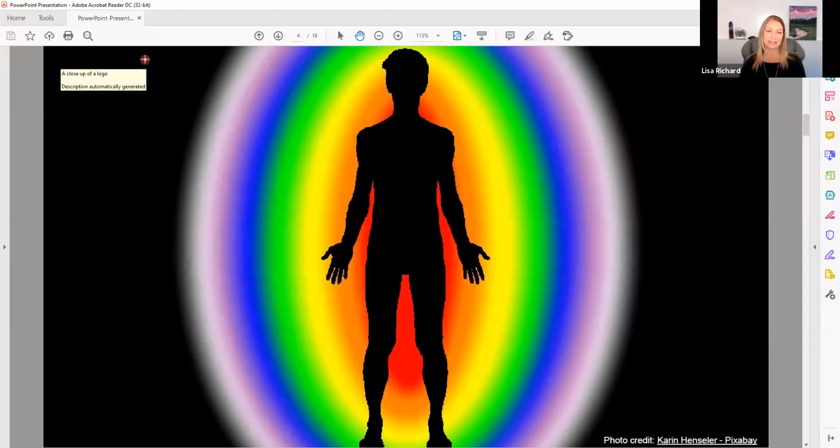We all have what is known as an aura. It extends quite far out from our being, and that aura is constantly communicating with the world around you and pulling information back into yourself so that you can learn, gain knowledge, and become really adaptable to your environment. You can think of energy in terms of emotions. We are big feeling beings.